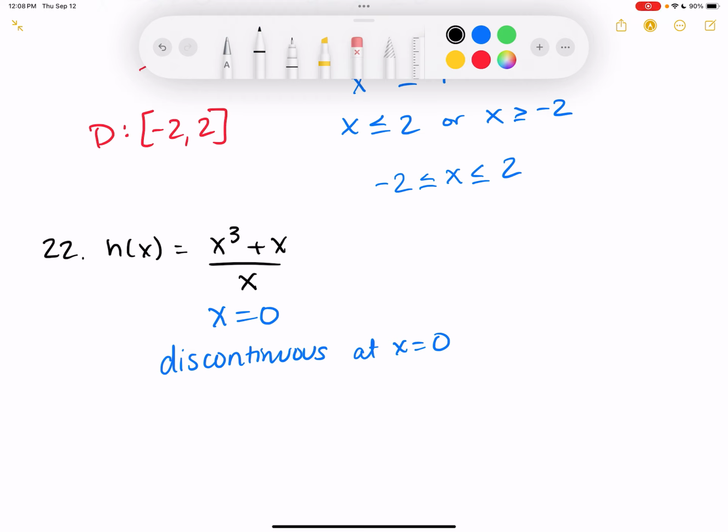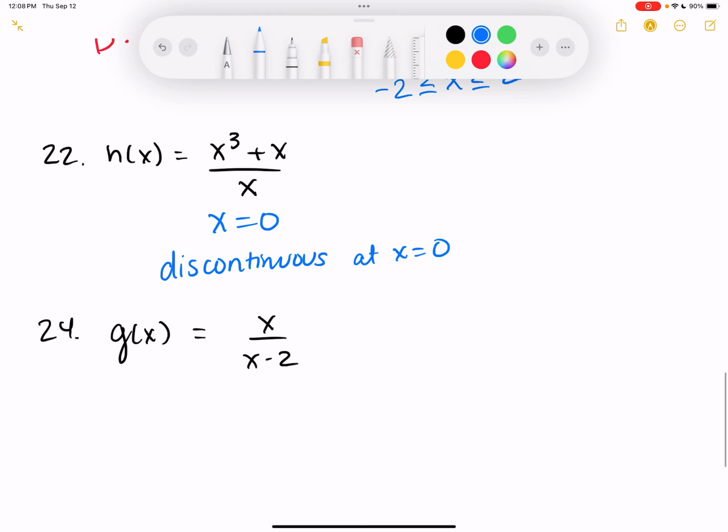Let's see, 24, g of x equals x over x minus 2. Are there any problem areas on this one? Over the top is 0. I don't care about the top being 0. It's 2. Yep, at x equals 2, that would be a problem, but they specifically wanted to know about at x equals 0. So this is continuous